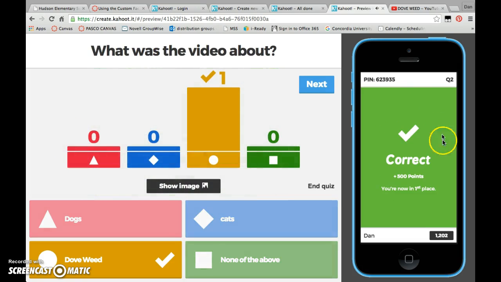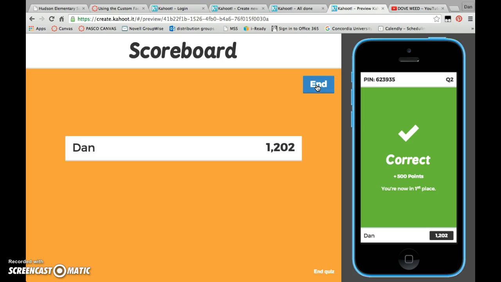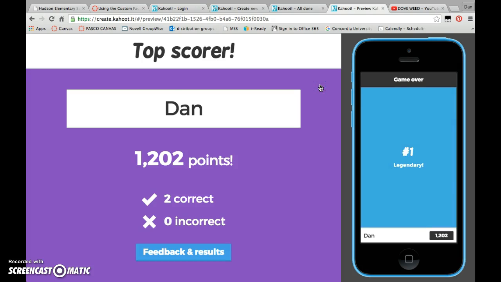And then because I'm the only player, it says correct. Voila, we've got our answers. And then click next again. Here's the scoreboard. It'll show up on the screen what the students have scored. We'll click end, and I won. I got this many points, 2 correct, 0 incorrect, and your points are based on also how quickly